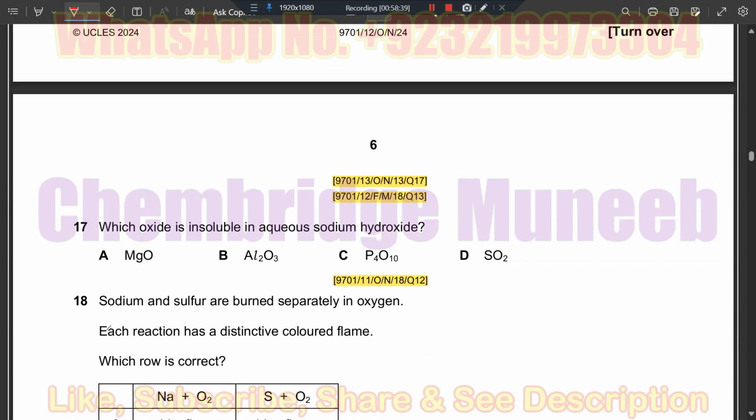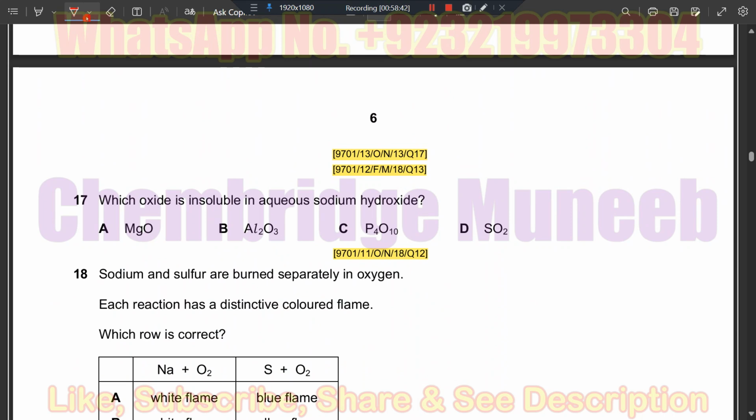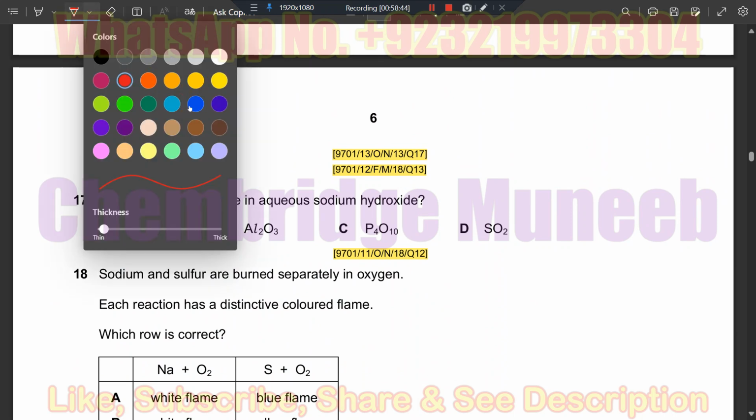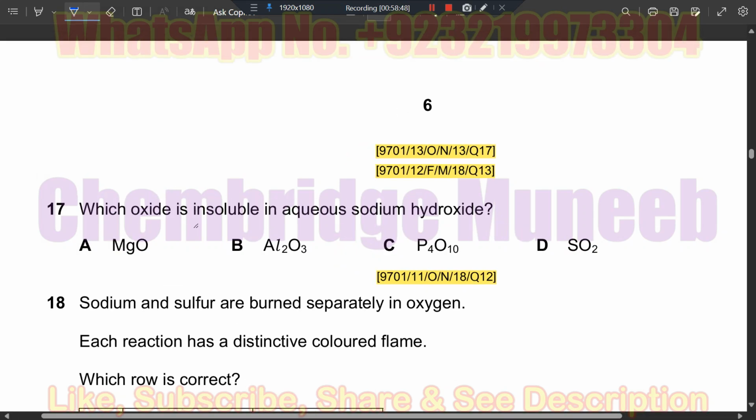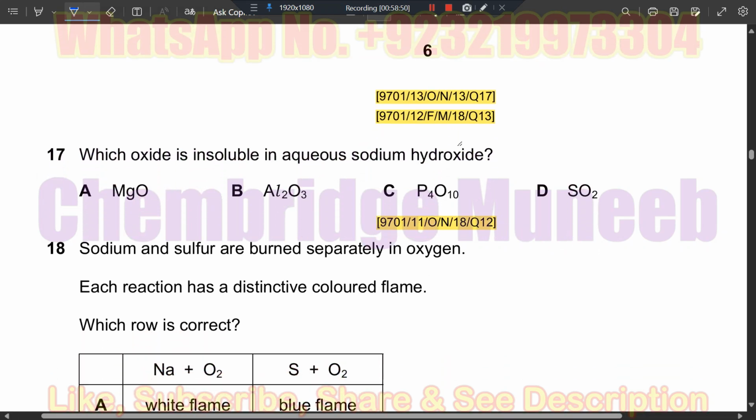Now question number 17, it is a repeated question from two different years, 2013 and 2018. The question says that which oxide is insoluble in aqueous sodium hydroxide? We know it is an alkaline solution. And among these four options, we have to check the oxide nature. This is acidic, this is acidic, this is